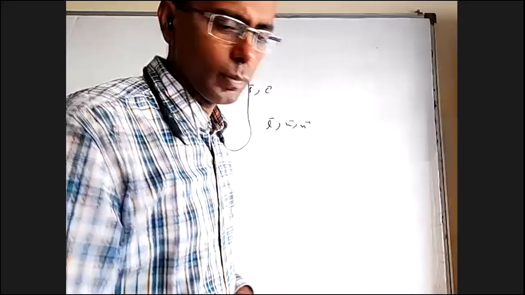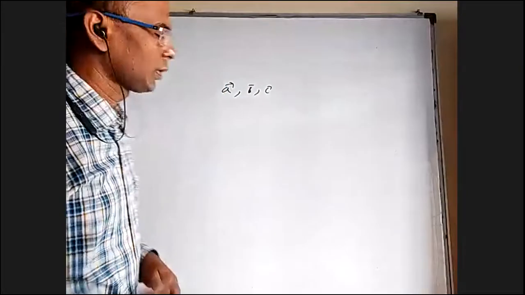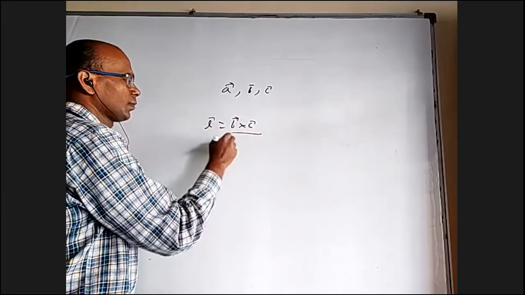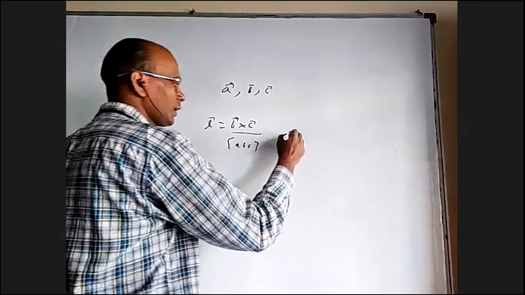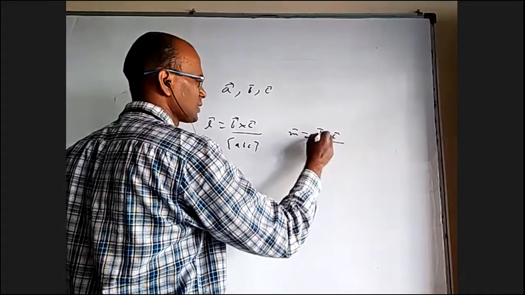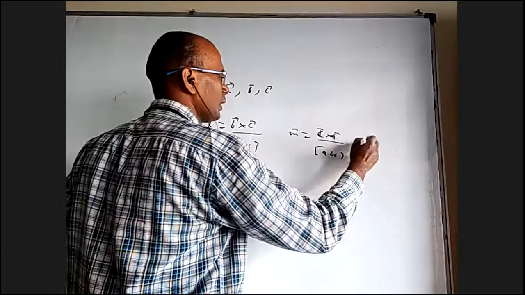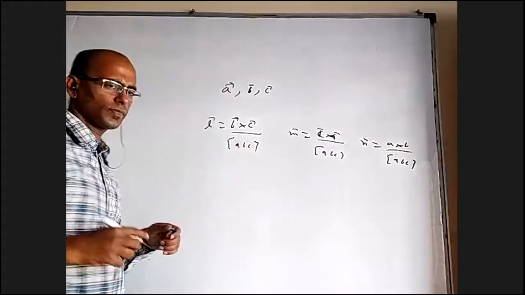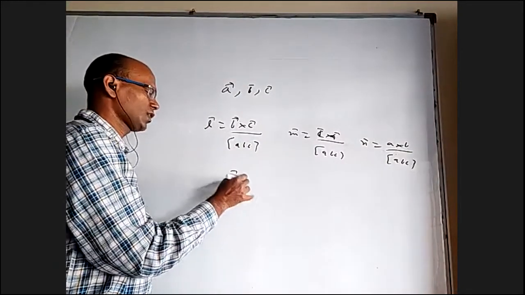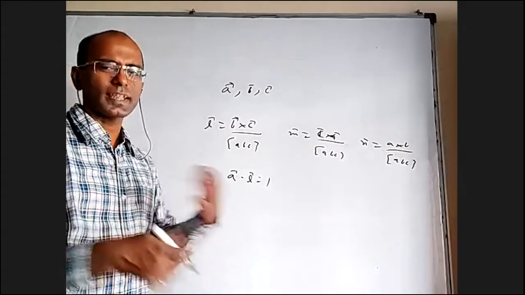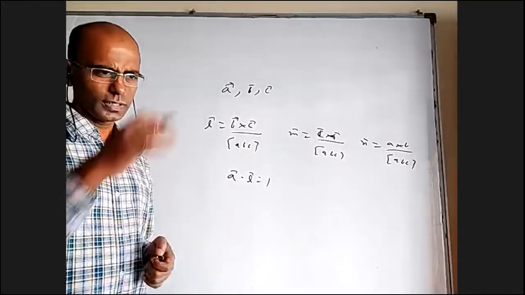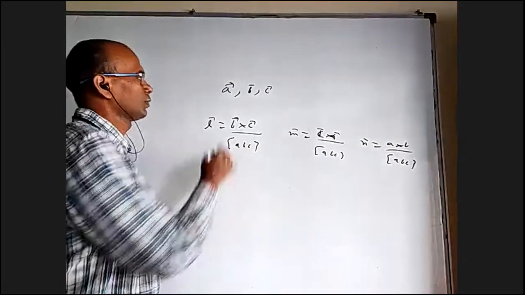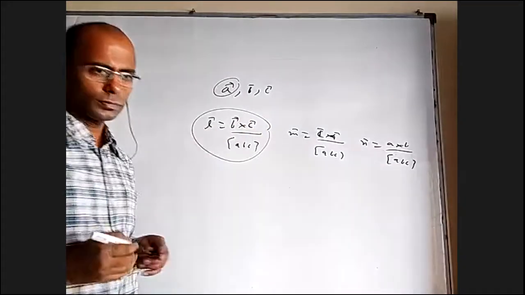When you try to find the elements from that, you will get L bar as B cross C by box ABC, M bar as C cross A by box ABC, and N bar as A cross B by box ABC. These three are called the reciprocal system of this. Why they are called reciprocal is that A dot L is equal to 1. It is like L equals 1 by A, like a reciprocal. Of course, we don't write it that way, as there is nothing called the reciprocal of a vector by definition. But you can see now that this one and this one have dot product 1.